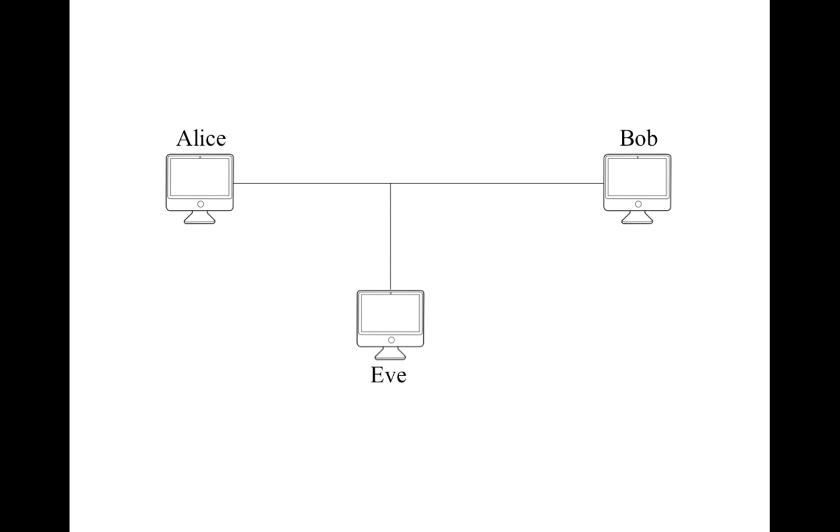Now, if we look back at our example over here, even if Alice encrypts her communication to Bob, if Eve is listening in on their link, she can see that Alice has been talking to Bob, and sometimes that can be just as dangerous as seeing the information that Alice sends to Bob. For example, if someone was living in a politically dissident regime and they wanted to speak to an American newspaper, they clearly wouldn't want that to be public knowledge.